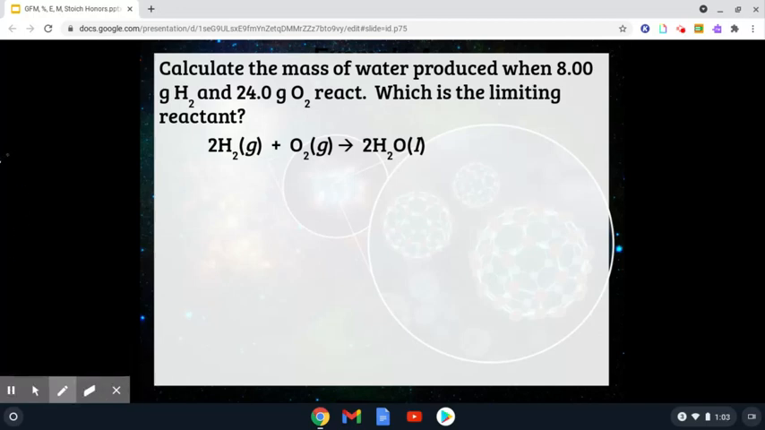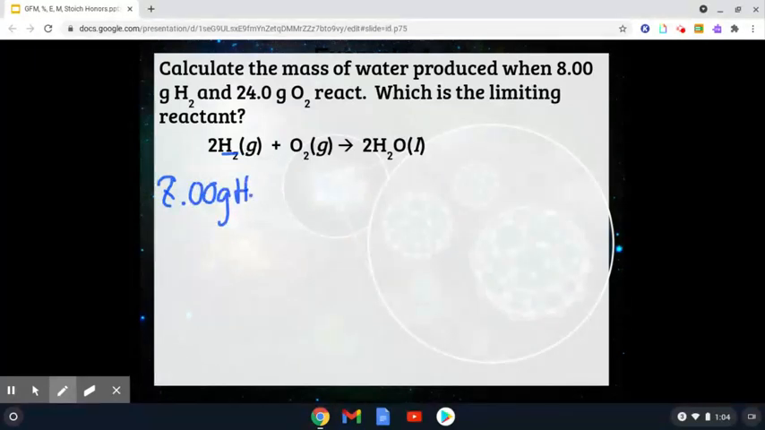So the equation is already balanced, because remember, that's the first thing that you should always check. So what you're going to do is a mass-to-mass conversion from hydrogen to water and oxygen to water. See which one makes the smallest amount of water, and that's the one that's going to be your limiting reactant. So we have 8 grams